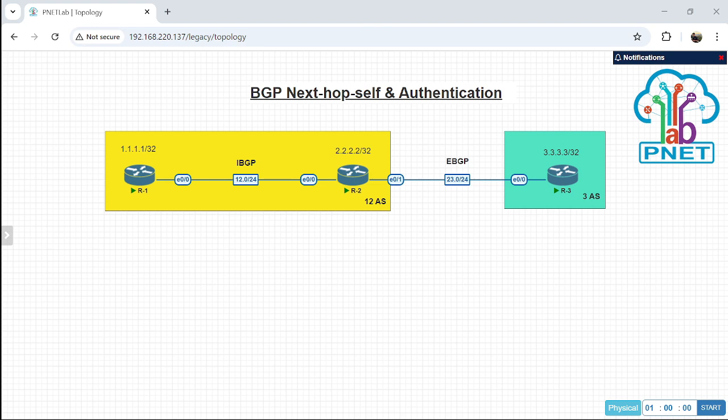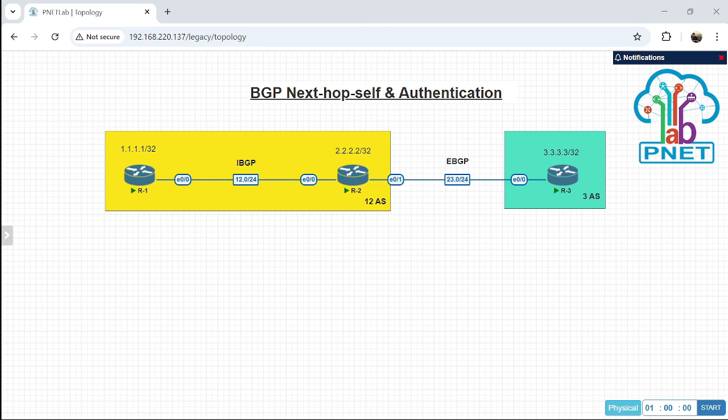Then in router 2 we can add the authentication too. Type neighbor and then the IP of router 1, and then give the password. We must enter the same password as router 1.